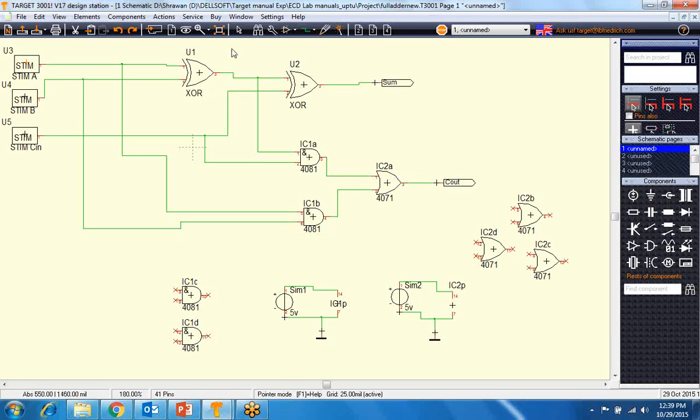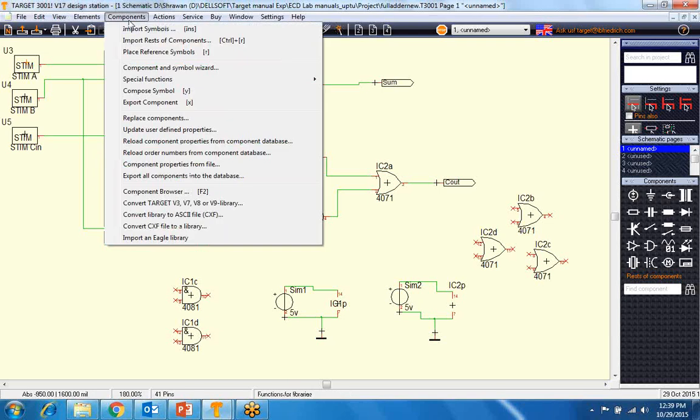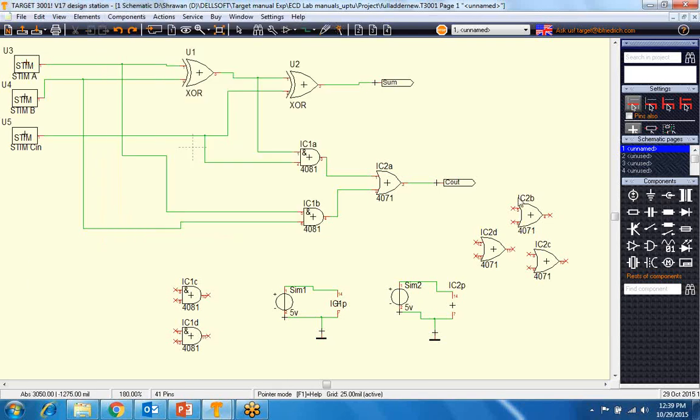Like I've told you, if there is an IC, you have to import the rest of the components. So these are the rest of the components which are attached to this IC. There is a power node available, 7 to 14. 7 to 14 is power. So we have to give power to those ICs. Like I've given 5-volt power. This one is for the XOR.